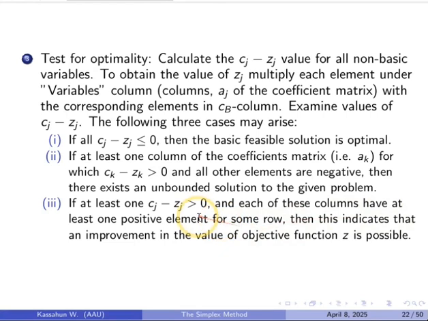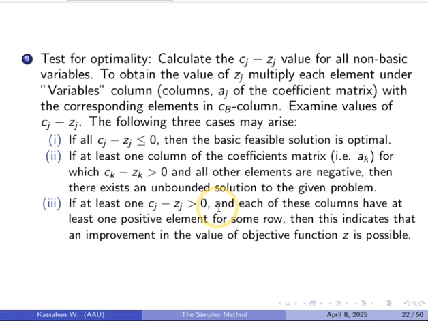Then Cj minus Zj. Now our purpose is to make all of this non-negative. If you get a positive quantity, then choose that quantity, and above that you will have a pivot column. So in that case, you again perform the ratio test to obtain the non-basic variable that enters the basic variables and the basic variable that is going to leave.